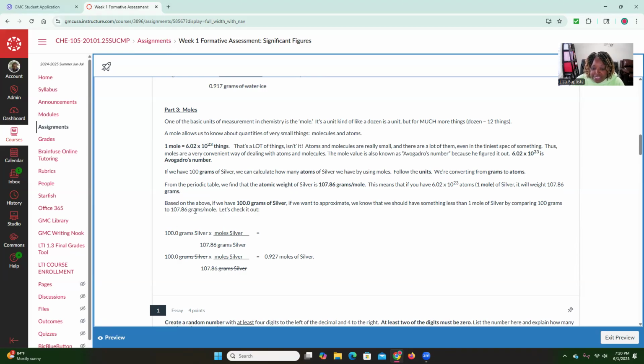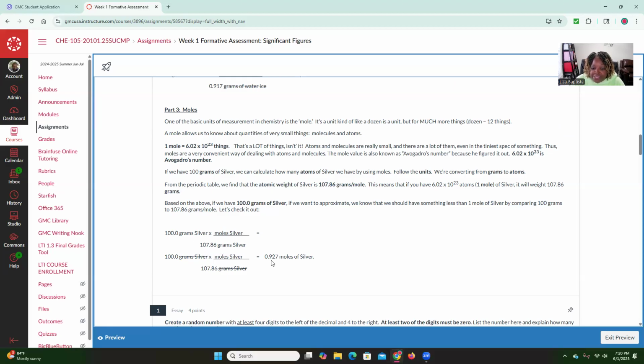Okay. It's also listed here in the problem, but I want you to be able to look in the periodic table and see that number as well. And so if we take 100.0 and we divide it, because any numbers on the bottom you want to divide, any numbers on the top you want to multiply. So 100.0 divided by